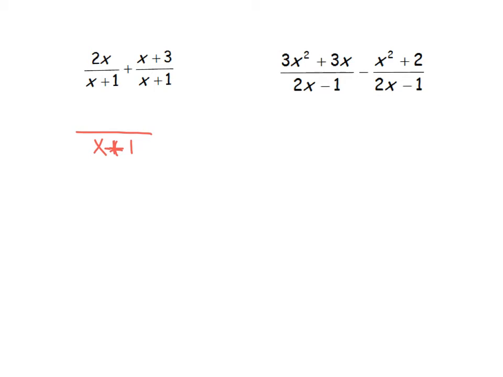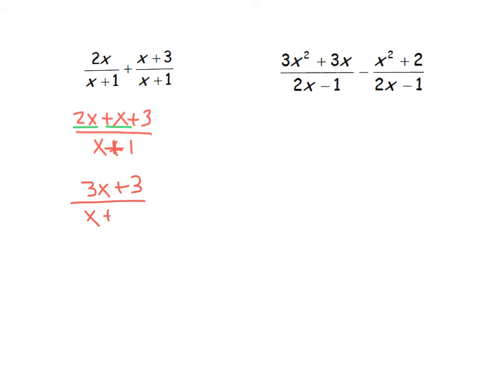because when we add fractions, the common denominator stays. And now we're going to add across the numerator, so 2x plus x plus 3. Notice this time we didn't need to put the parentheses around the x plus 3 because distributing a positive isn't going to change anything. Remember that the next step, if you look at your notes, is to combine any like terms that are possible. Well, we have 2x and another positive 1x, so together that is 3x, and we have plus 3 all over